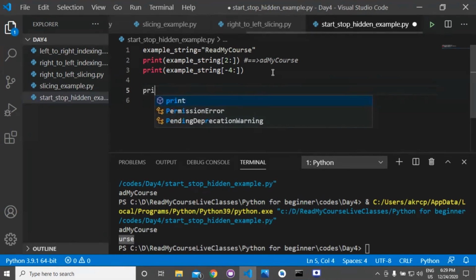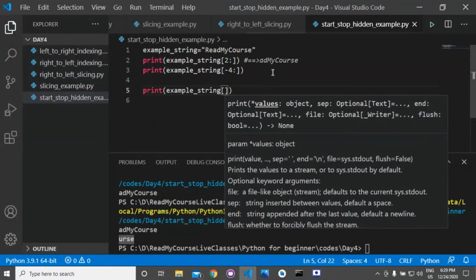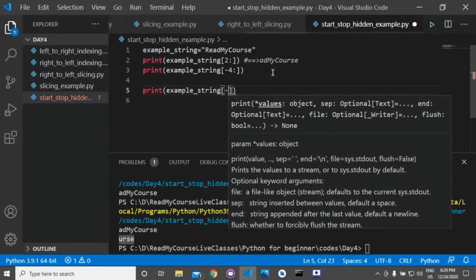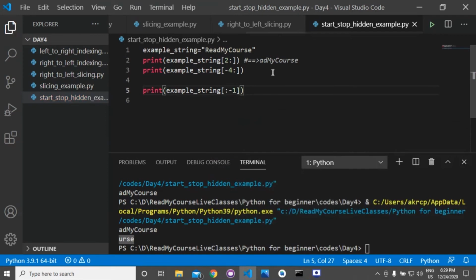Suppose I ask you to print example string, what will be the output?